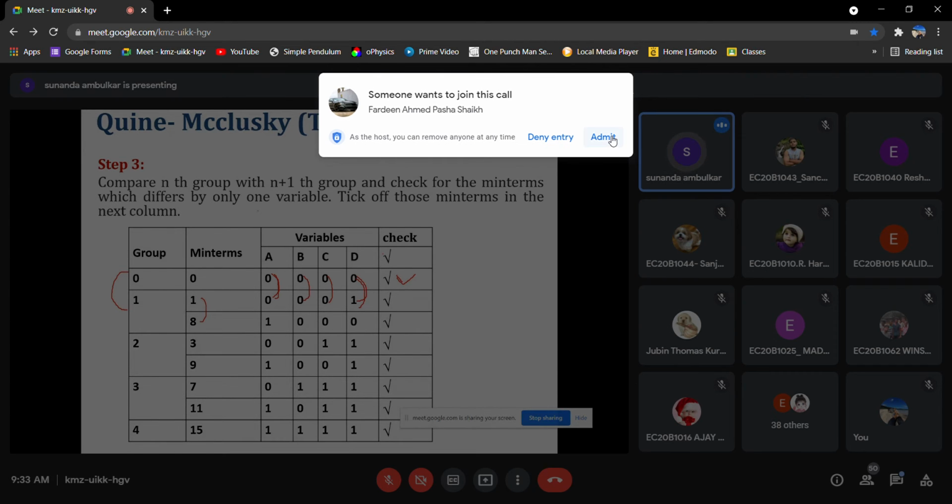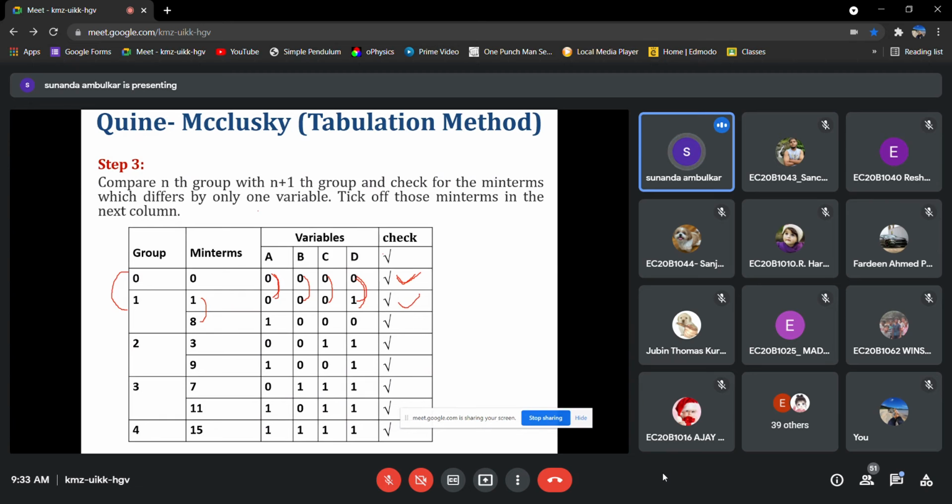So we can put the tick mark here. Then this is the first table.